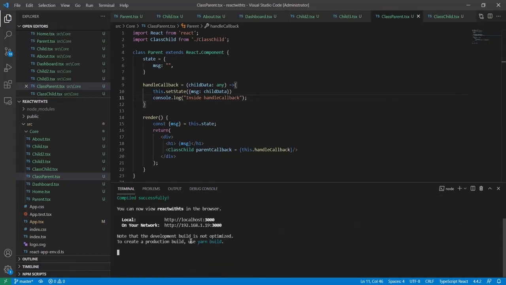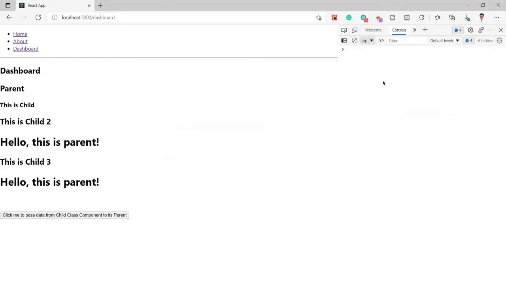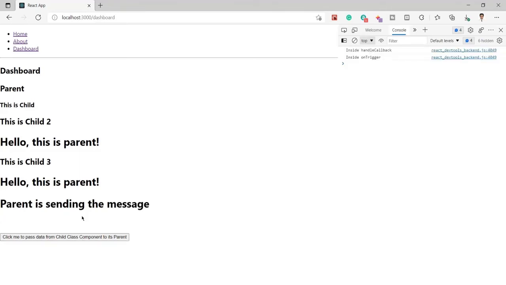Okay, so now let's move to the browser again, and here you can see currently it is completely empty, and once I click on it, you can see it has first called handle callback, and then it has called inside on trigger. Okay, let me click on here once again. Okay, and let me refresh the same thing.